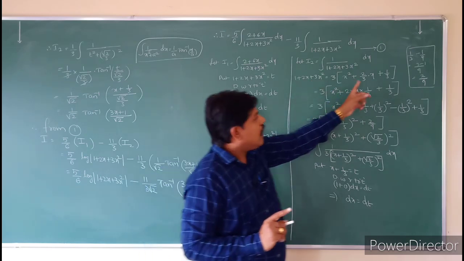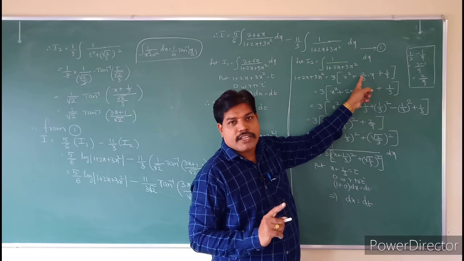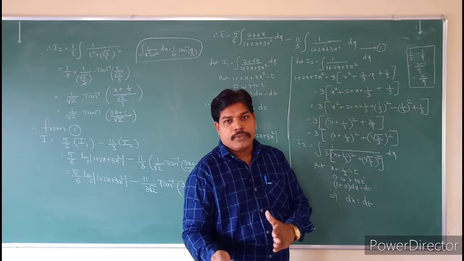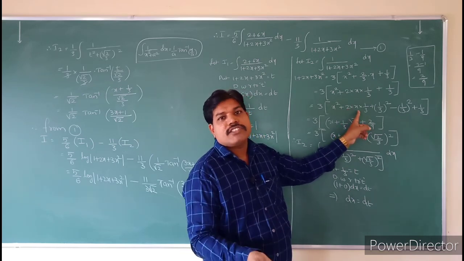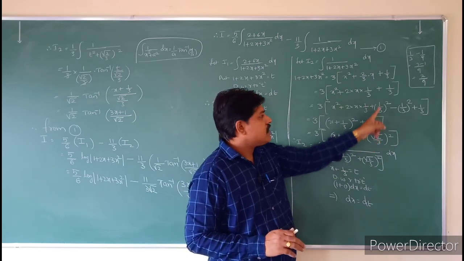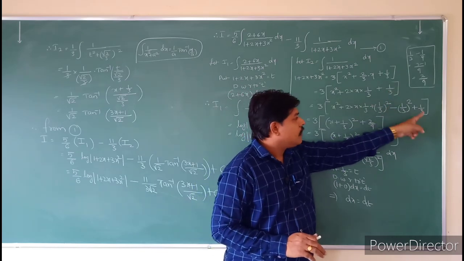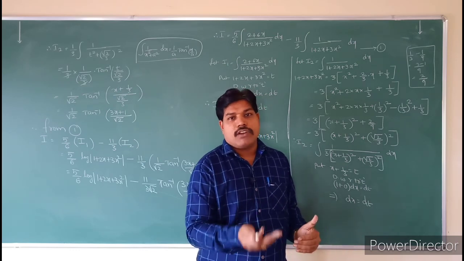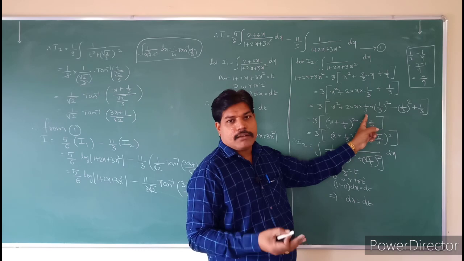Already 2 is there, that is the 2 by 3 into x. Just to separate the terms, you have to write in the form of 2ab. 2 into a value is x, and the remaining value is b. So the remaining value is 1 by 3, plus already 1 by 3 is there. So that is 1 by 3. Just you have to add and subtract that b square value. What is the b square value? B is nothing but 1 by 3. So you have to add and subtract the b square value.